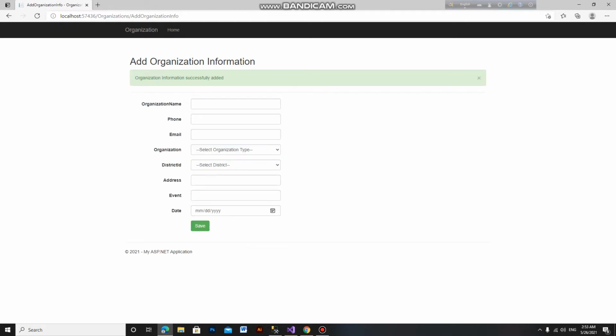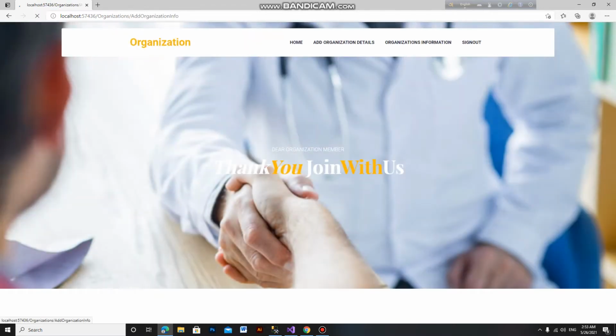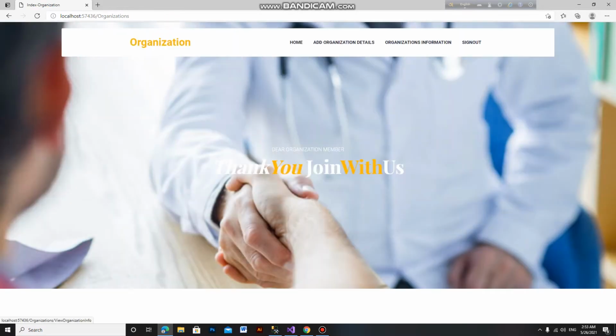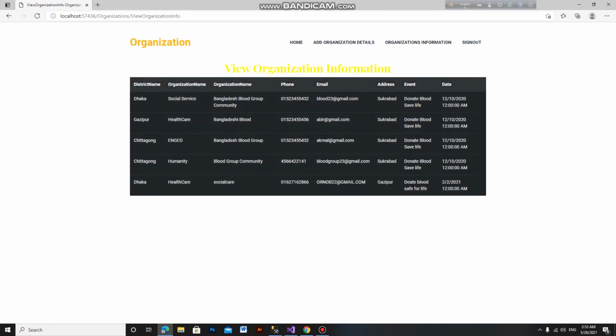So organization information is successfully saved. Then we go to the home page and view organization. So this is the view of organization. This is the last added organization name, healthcare, the organization social healthcare, and these are the organization details. Then we sign out.